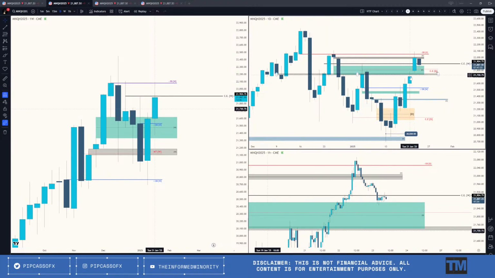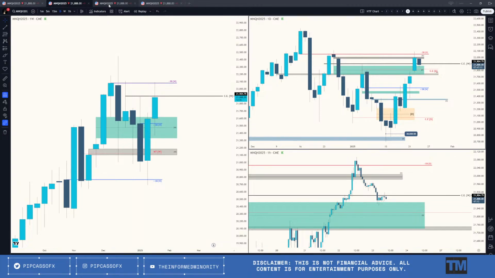I do see that we have this volume imbalance on the daily, but again, it's in the lower portion. If I'm looking for bullish price action, then that's what I would be looking for. That's what I'm going into today. And if not, if we're showing massive weakness, then obviously we have this volume imbalance on the daily time frame. As you can see here, we have an imbalance there as well.